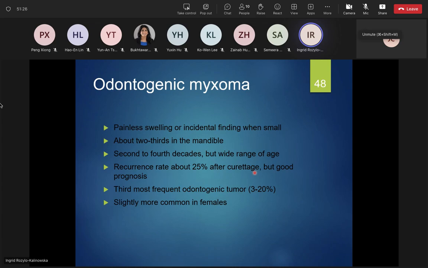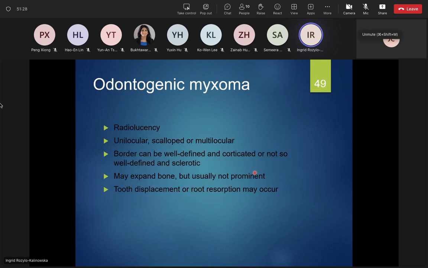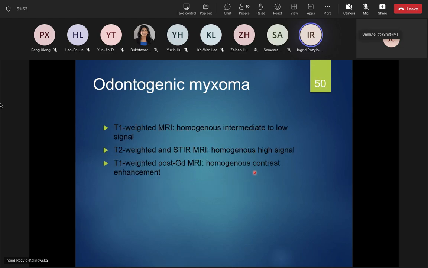And it's a radiolucency, radiologically speaking, unilocular, scalloped, or multilocular. The border may be well defined and corticated, or not so well defined and sclerotic. It may expand the bone, but this bone expansion usually is not very prominent, and